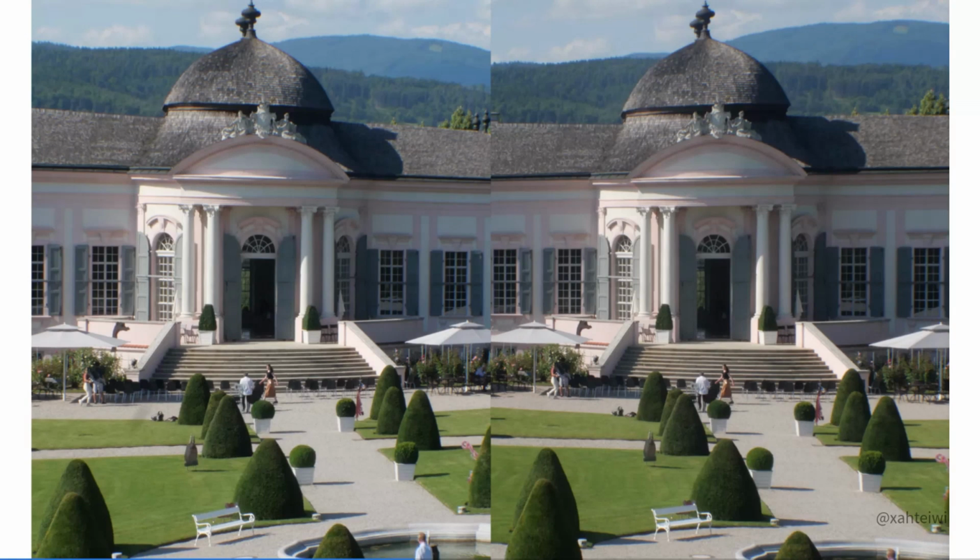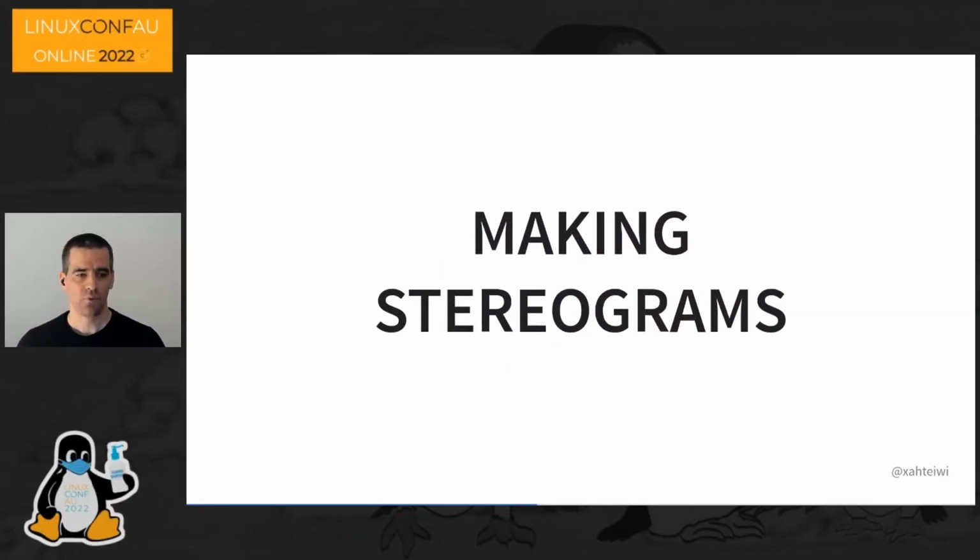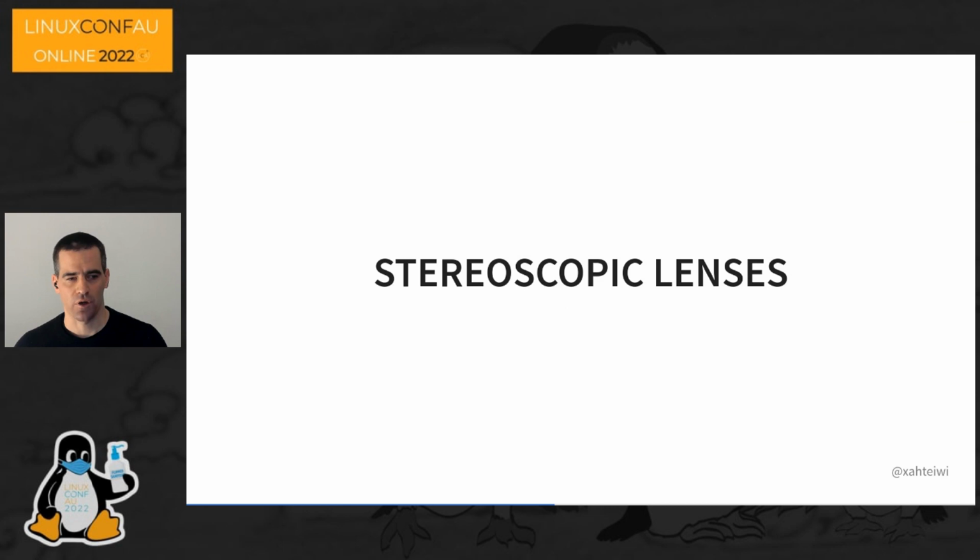So now that we've seen what stereograms are, and we've hopefully learned how we look at them, let's talk about how we make them. And as you can imagine, there are multiple ways of doing that. So the first thing that I guess a lot of you might think of is, well, maybe I need to put a special lens on my camera, and such a thing totally exists. So there are stereoscopic